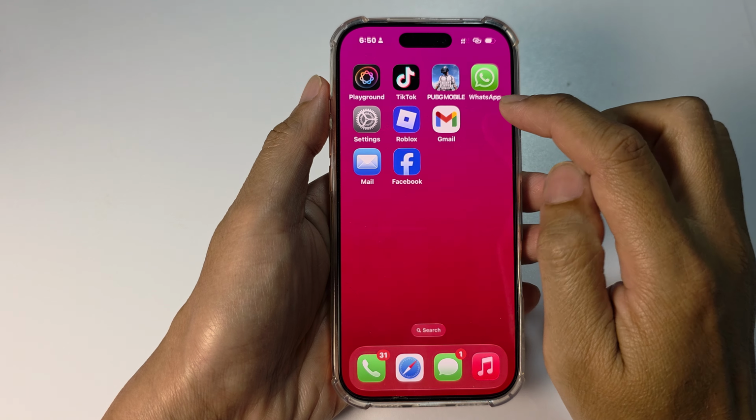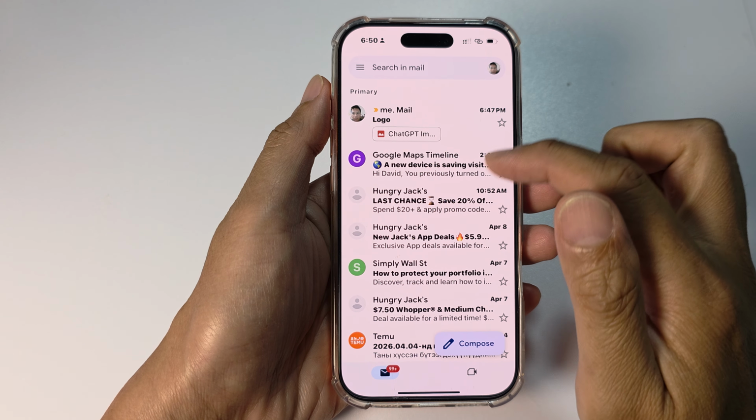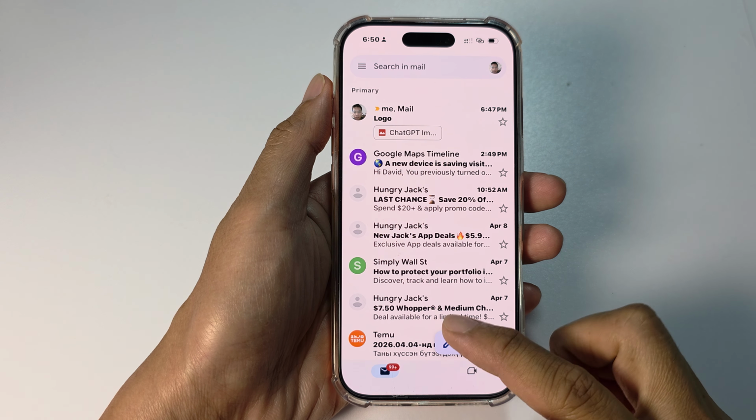And to use Gmail, simply just open it to start composing a new email, or you can browse for your